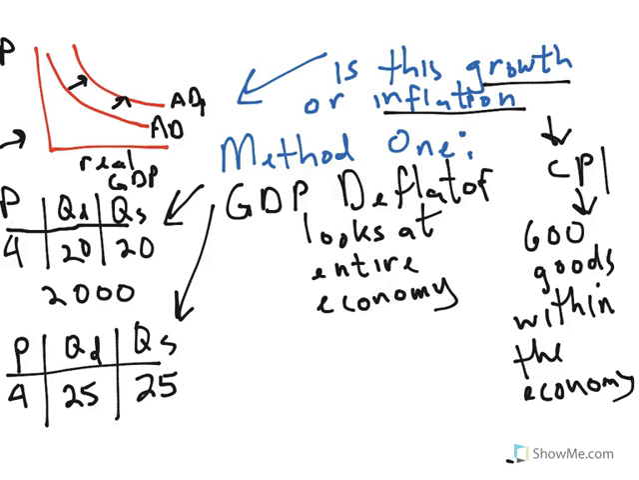That is the difference between GDP deflator and CPI. GDP deflator looks at the entire economy. This is the aggregate demand and aggregate supply equilibrium for the entire economy. The GDP deflator looks at that entire economy. The CPI looks at the same economy, but it doesn't look at the entire picture. It looks at just 600 goods and services. Okay, so to calculate the GDP deflator, we first need